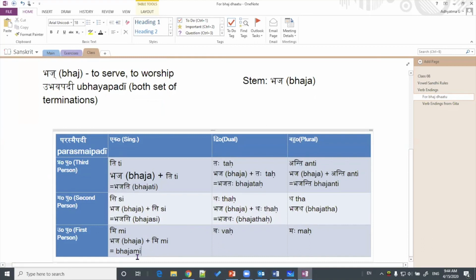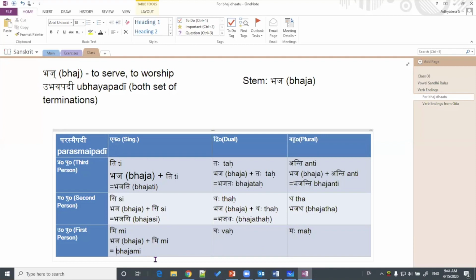Again, Panini states the rule here that when these prefixes and suffixes are there, based upon certain starting letters, the previous letter gets elongated. In this case, a becomes elongated into ā, so it becomes bhajāmi. As I said, we will not study those rules. This is a beginner's class, and those are quite advanced topics. Just to let you know that